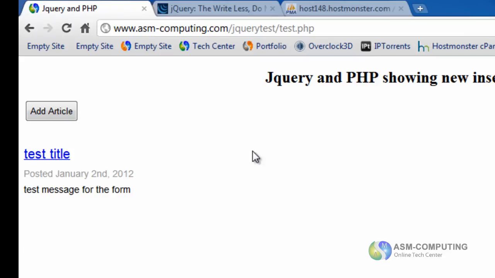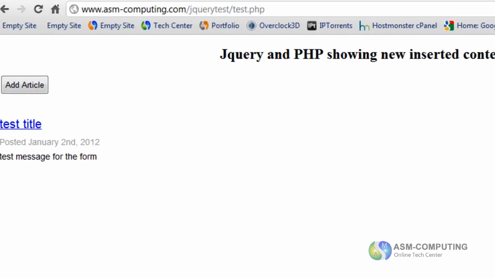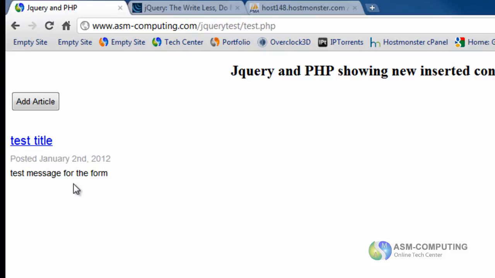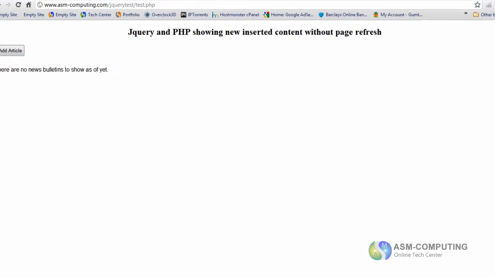Okay, I'm back guys. I had a tiny little mistake. The first part was obviously my database connection file. The second thing I'd done wrong was where I was inserting into, I actually had tutorials. That isn't the name of my table, it was actually tutorial without the S. So that's why it wasn't sending. So as you can see, I've just tried it and this is how it went. So I'm going to refresh and it should disappear. And I'm going to show you how it works now.